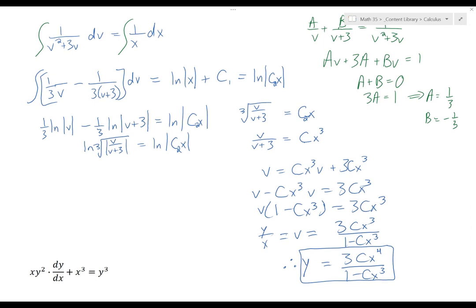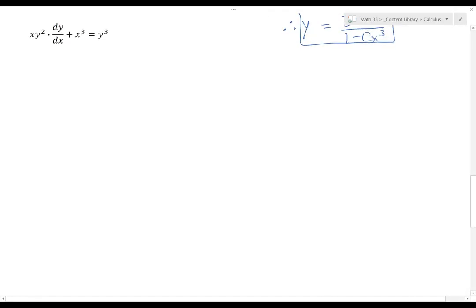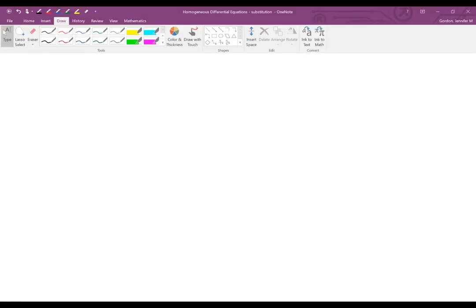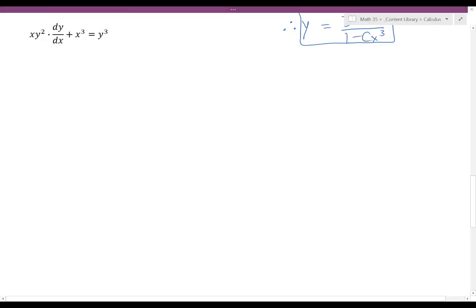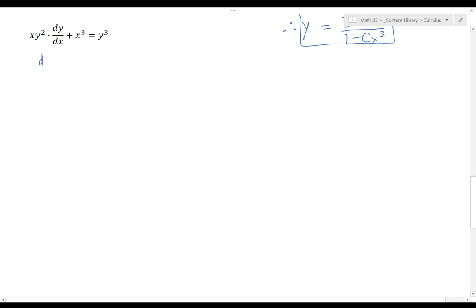All right, so now if you wanted to take some time and practice this next one before we go on, by all means do that. But again, we're going to look to isolate the dy dx so that we can see if it can be expressed. Of course it can, that's the point of this section. So if I divide everything by xy squared, I get dy dx,